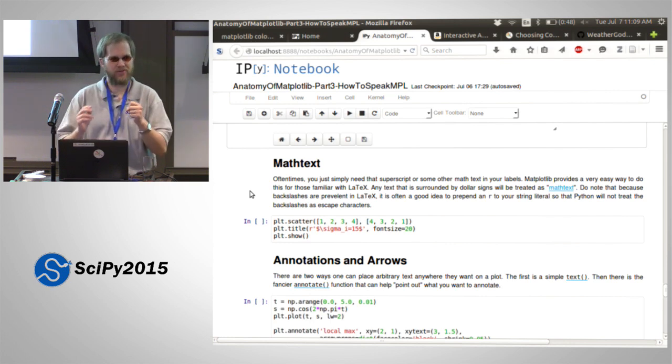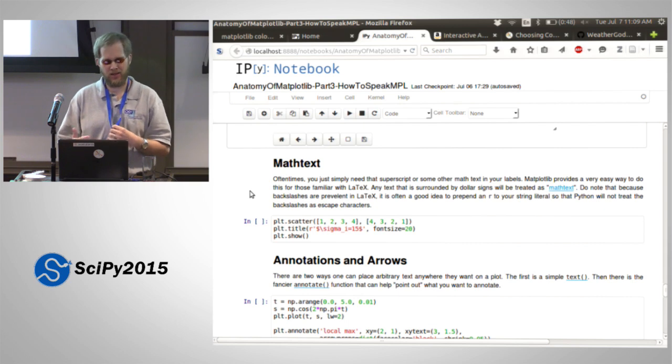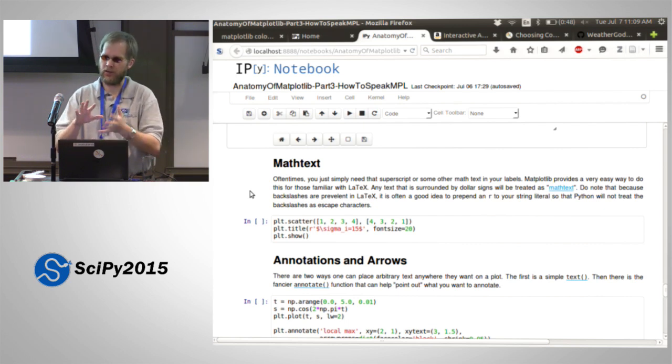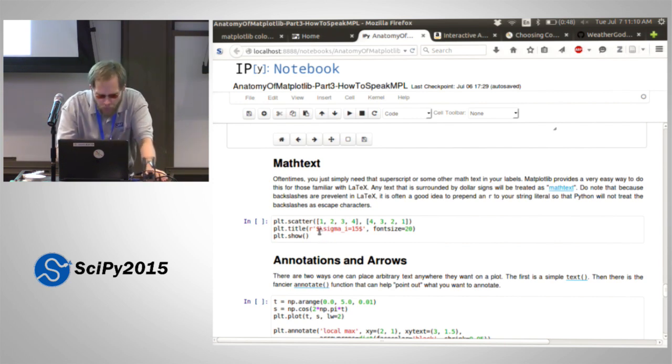It emulates LaTeX in some respects. So if you were to do $\sigma_i = 15$,